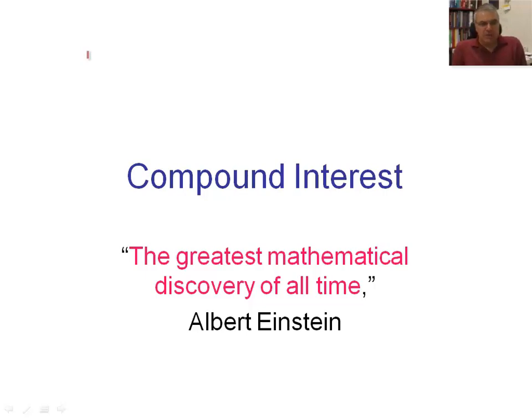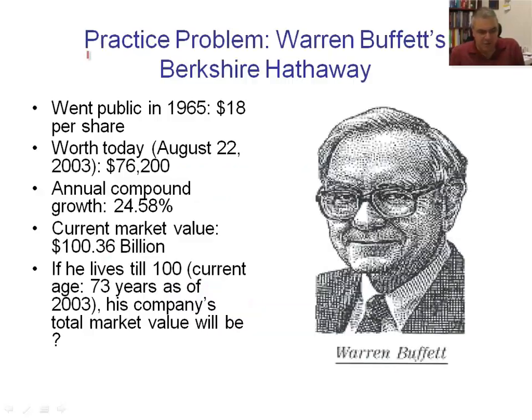So, according to Albert Einstein, compound interest is the greatest mathematical discovery of all time. Let's take a look at good old Warren Buffett. The Berkshire Hathaway company went public in 1965 at $18 per share. It's worth today, as of August 22, 2003,